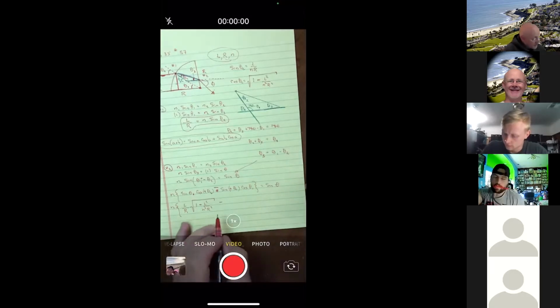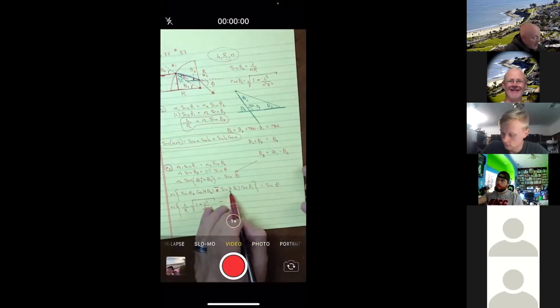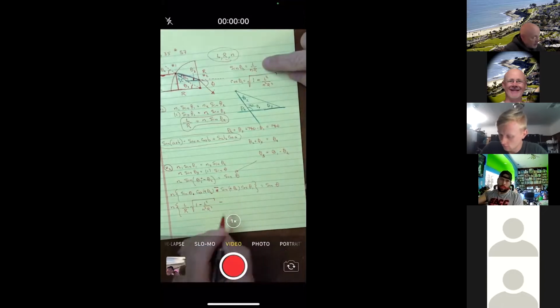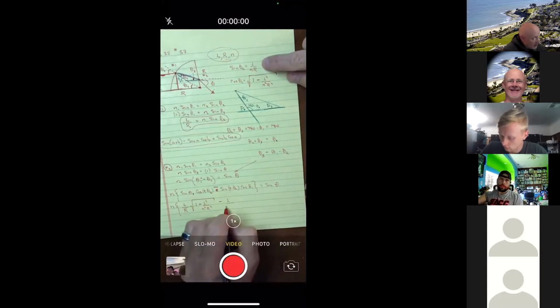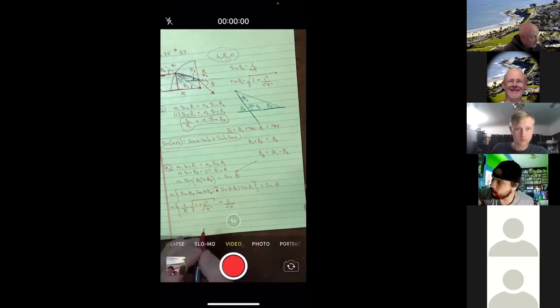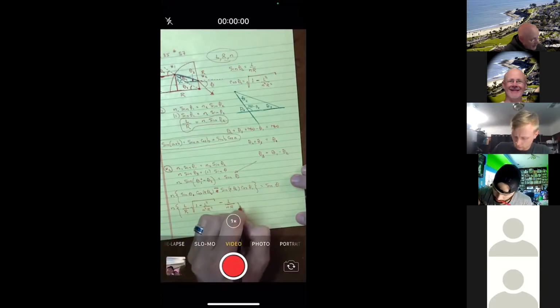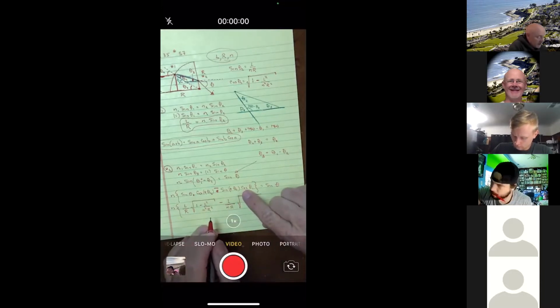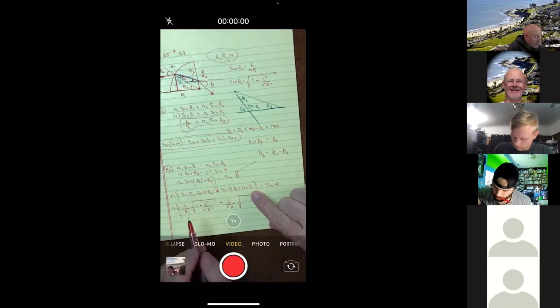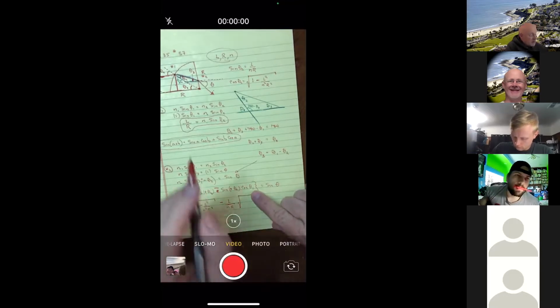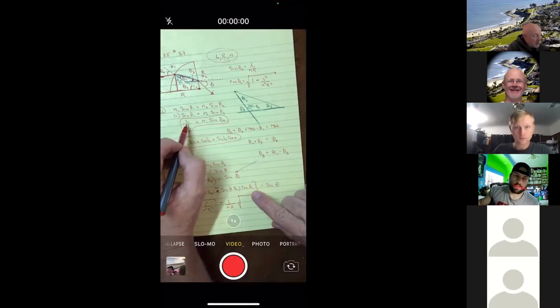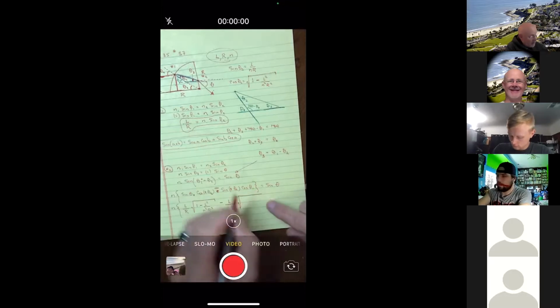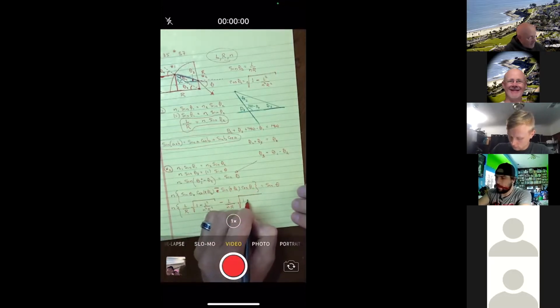Okay. So now here I have sine of theta 2, so this was the L over the NR. And then this would be cosine of angle 1. Now, the sine of angle 1 is L over R, so the cosine would be the square root of 1 minus the sine squared.